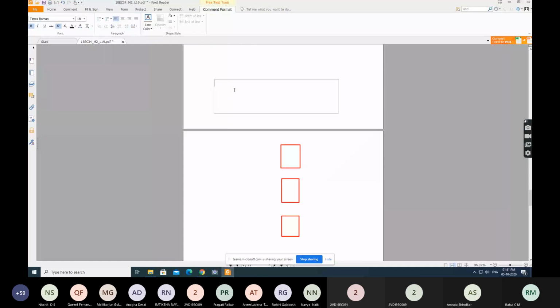I want you people to realize: 2 raised to 6 is how much? 64. 6 is to 64 decoder. Understanding? I want to realize a 6 is to 64 decoder using